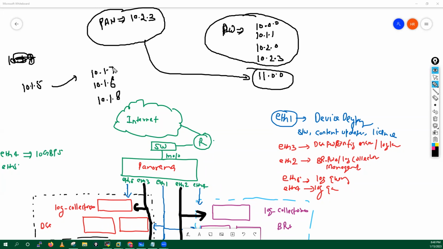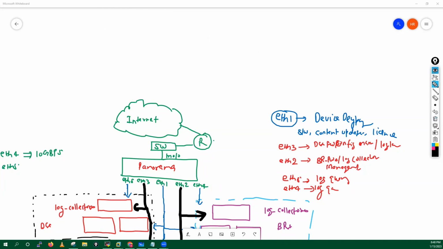In that case, I can manage these two firewalls as well, but this one I will not. So I can manage up to 2 versions higher. I will discuss these things in detail, don't worry.